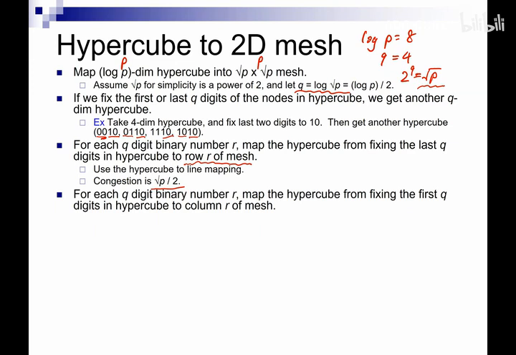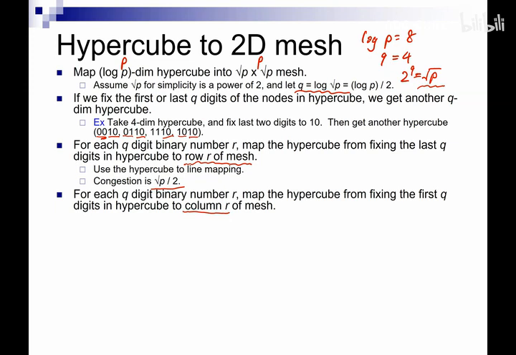Okay, now this is how you map the values from the hypercube which have a fixed final q digits. And the other type of nodes from the hypercube you consider are where you fix the first q digits. If you fix the first q digits and then vary the last q digits, you're also going to get a subhypercube, and for this subhypercube, you're going to map it onto